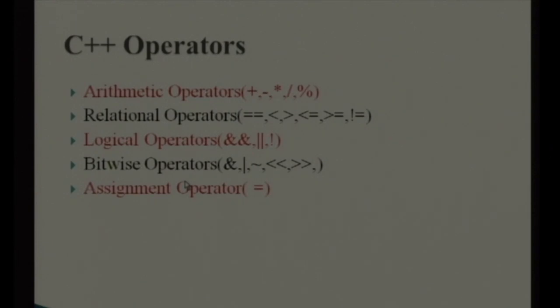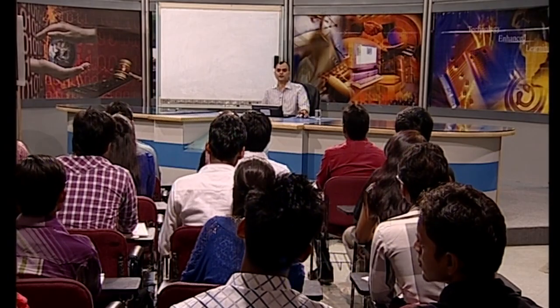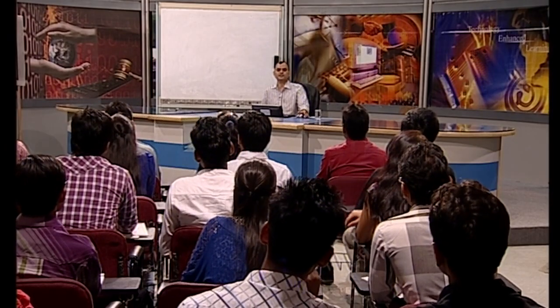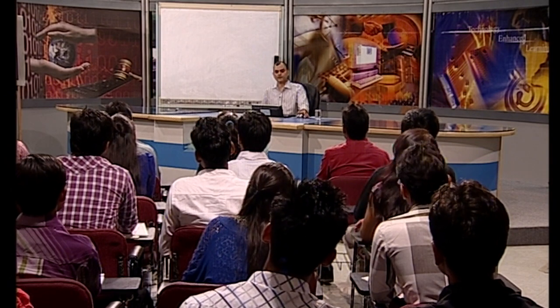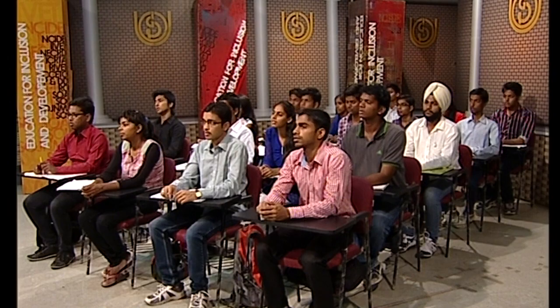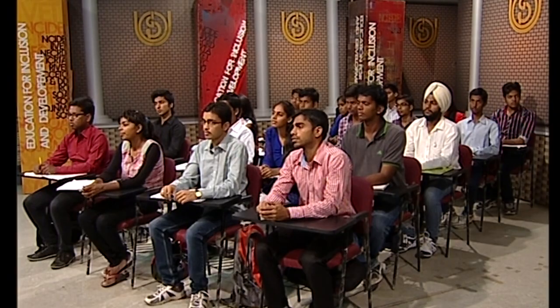And then logical operators. You have studied some logical operations, AND gate, OR gate, and something related to that in your computer organization course, that is MCS 012, right. So, you have seen that, and similarly a replica of that is available here. If we have two variables, let us say again a and b, and I say a logical AND b, that is two ampersands, it means it will give true only if both are true.